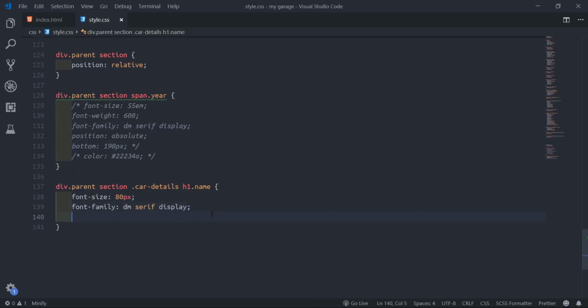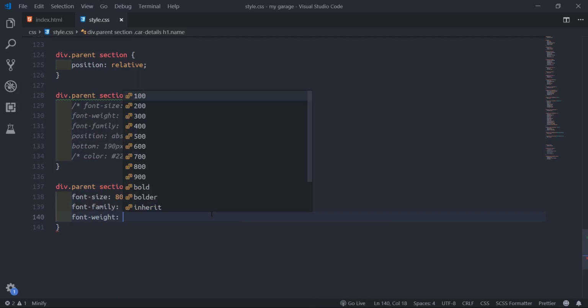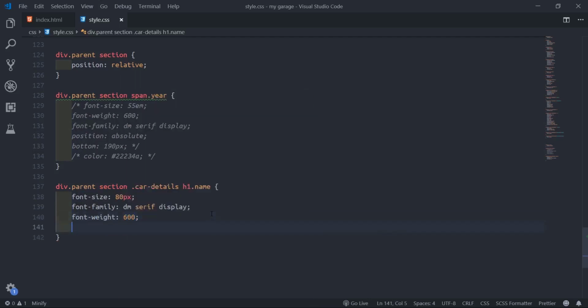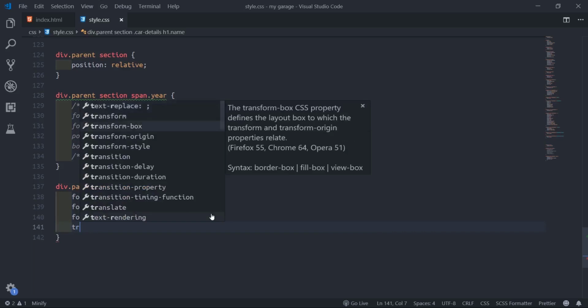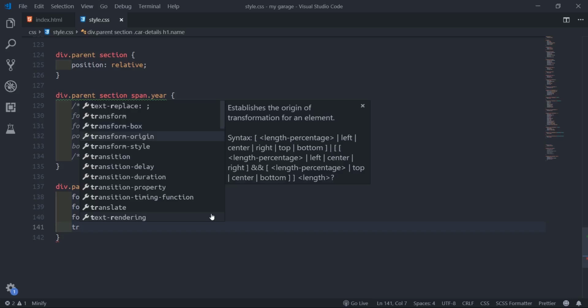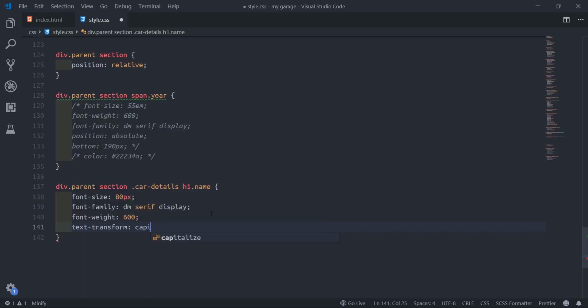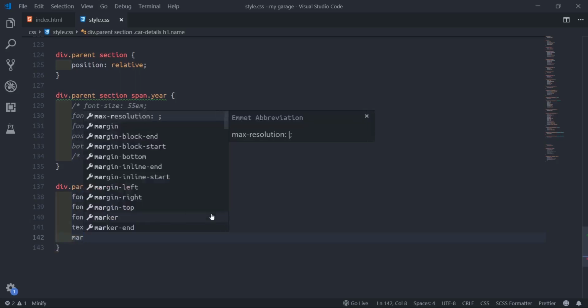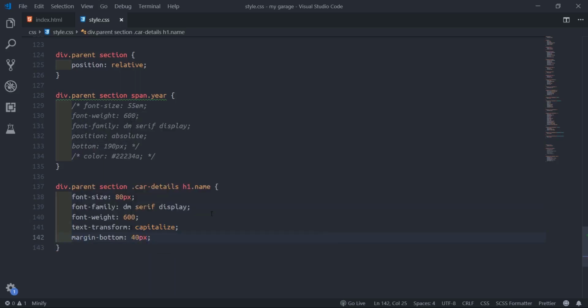Then I'll say maybe the font weight maybe 600. Text transform capitalize. Then margin bottom. Okay, go push on. Me that guy did bounce, me not near him at all.